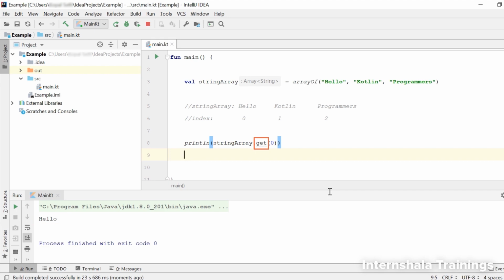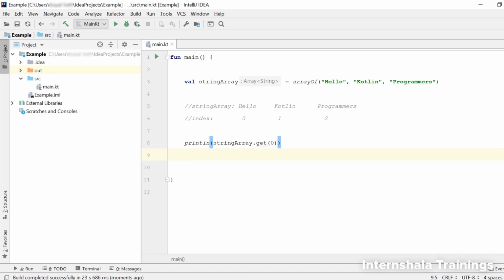Now if you see, there is a faded grey line underneath the get function. Looks like the IDE is trying to tell us something. Let's hover over it and see what it says. So here, the IDE says, should be replaced with indexing. We do not know what that means, so let's just keep our cursor over the get function and hit Alt